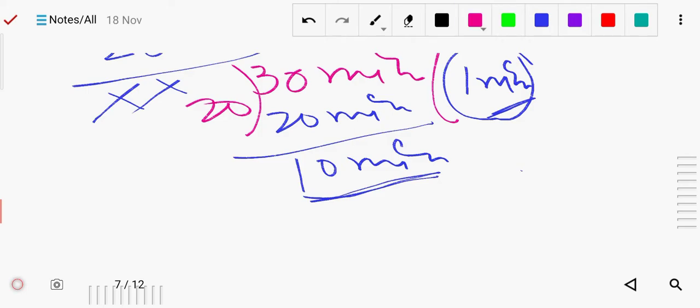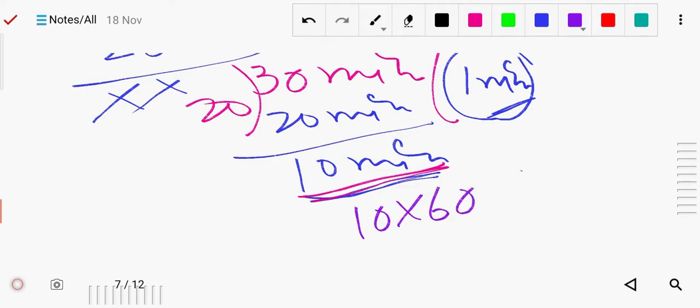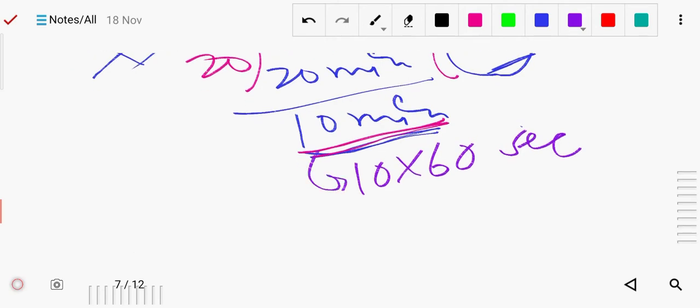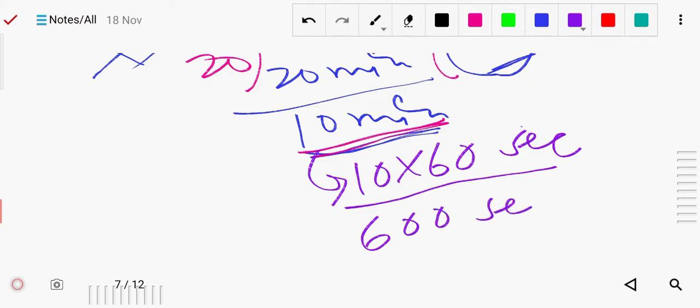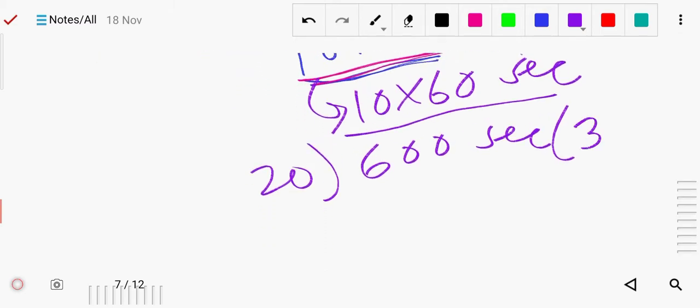So what we will do, we will change it. We will change it means we will make it to seconds. So this 10 into 60 we can do, so now this becomes seconds. So we can write 10 into 60. How much is it? This 10 minutes is now changed to seconds, so this is now 600 seconds. Now this 600 seconds can be divided by 20. Yes. So how many times? 3 times 60. So now 0 is there.